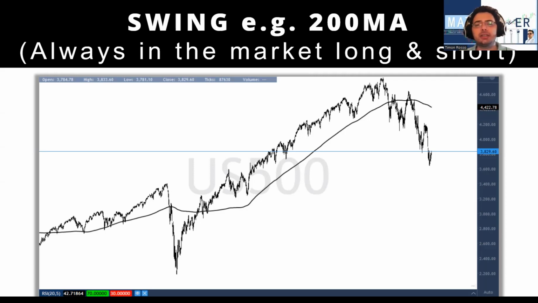Two, there is confirmation bias, that people have just depended on this 200-day moving average. When the price moves up and people see it above the 200-day moving average, the self-confirmation or confirmation bias is that many other traders and billionaires and institutions and market makers and banks are seeing the exact same thing and are acting accordingly. So the 200-day moving average is the most powerful moving average in the whole of technical analysis and trading. So with swing trading, the 200-day moving average, you're also always in the market, long and short.